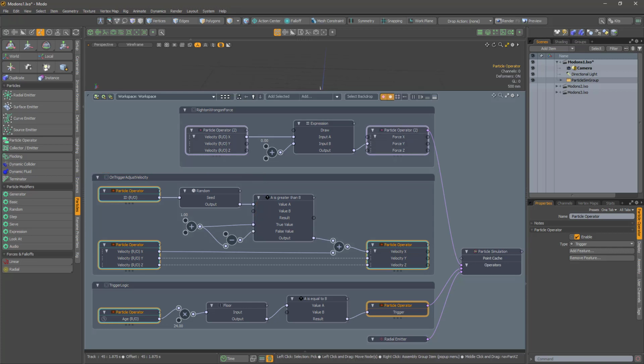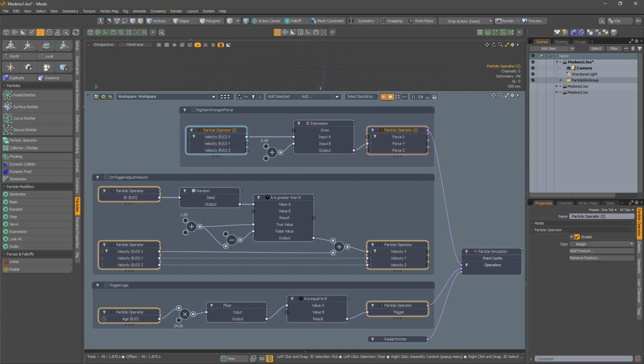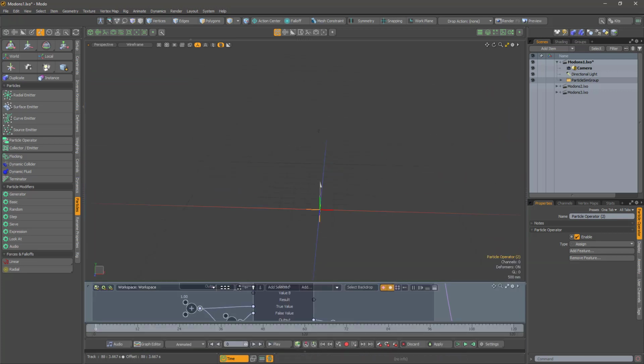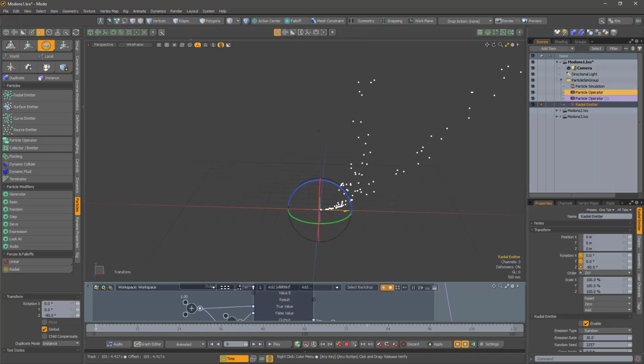Now the particles are moving left or right, we use a second particle operator to apply an up-down force, depending on whether the particle is moving to the left or to the right. This works up to a point, and you can probably spot the flaw. Suppose we change the direction of emission. Now the modons and some of the wrong-ons are going up because we used their x-velocity as a proxy for